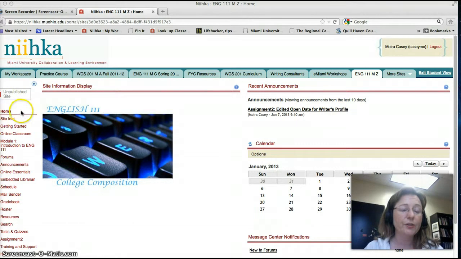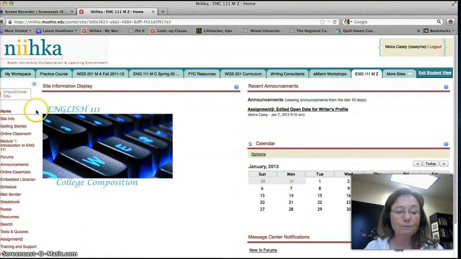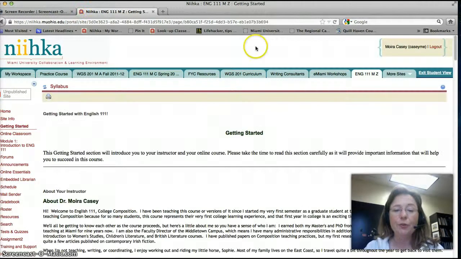So if you look over on the left-hand side of the page, as I said, we're on the home page, and then there is the Getting Started section. That, naturally speaking, is where you're going to get started, right? Seems pretty obvious. Okay, so we're going to click into the Getting Started section. We're just going to take a quick look at that. And then after we go through the Getting Started, I'm going to show you the online classroom. I'm going to walk you through Module 1. Okay, so let's go into Getting Started, and we'll take a look at that, and I'll give you your first